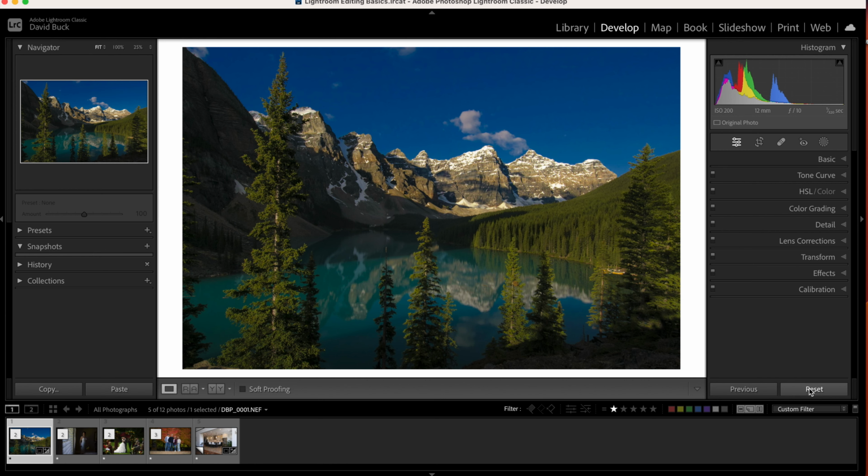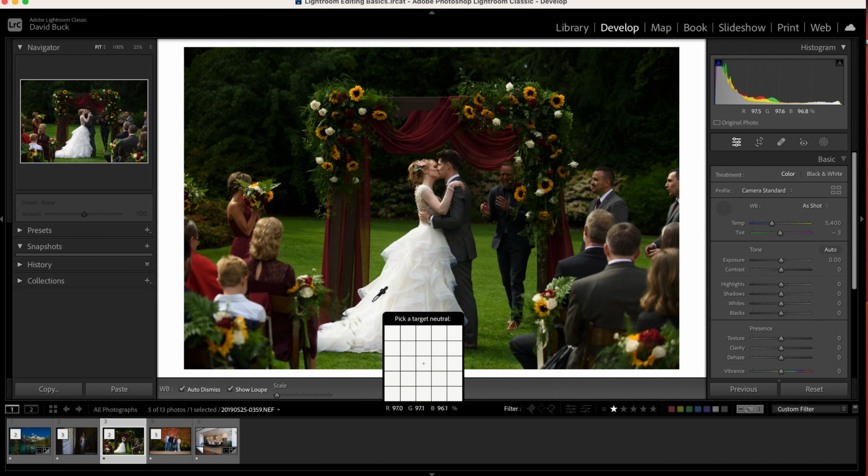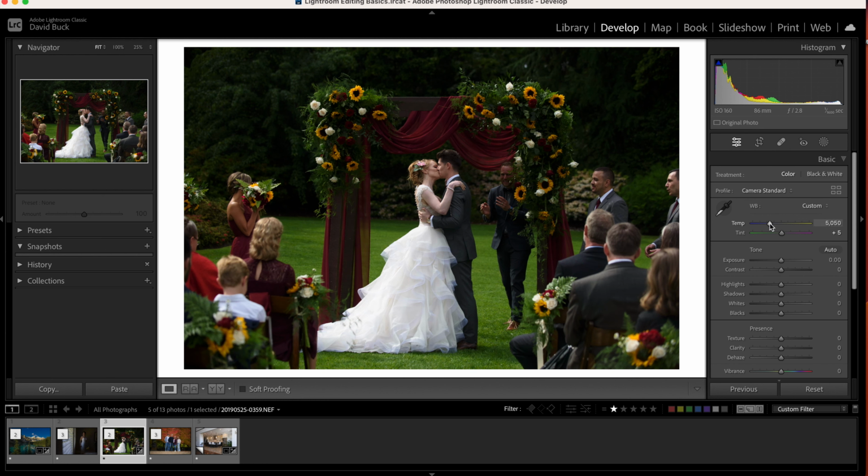There we go. There was our original, and there is our edit. Here we have a beautiful first kiss moment at a wedding in an outdoor ceremony event, and it's very nice to start with, but we'll go through the same steps that we've been going through all along. So we're going to make sure that we balance our image first,